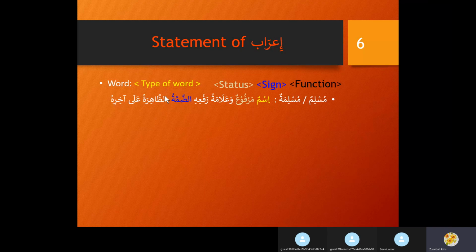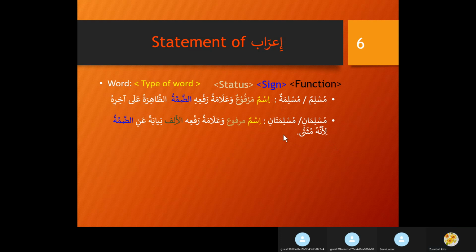And I've added here zahirah. Zahirah means it can be seen. This sign can be seen. The dhamma sign can be seen, and it can be seen at the end of the word. So in this case, like I said, when the sign is not the default sign, not the asli sign,